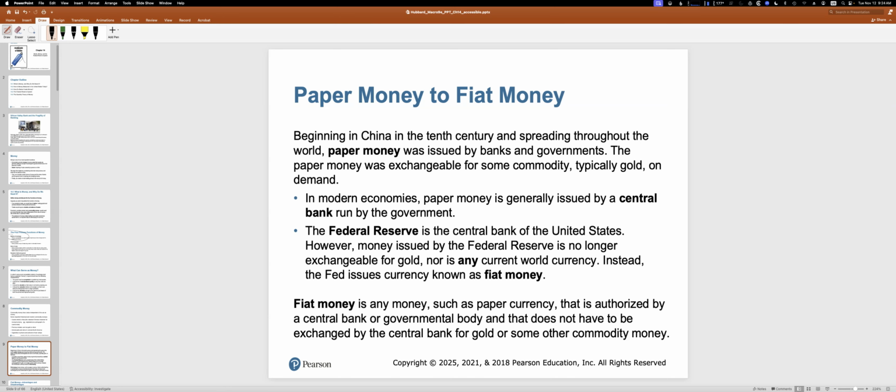So the United States from the time it was founded until June 5th, 1933, had gone through these alternating times where the money would count for silver, we'd have a silver standard, or we'd have a gold standard. In fact, the election of 1896 was based on whether we were going to have a gold standard or a silver standard. But at least by 1933, we had a gold standard in the United States, which meant that you had dollar bills, but that these dollar bills could always be turned in for gold at any bank upon demand.